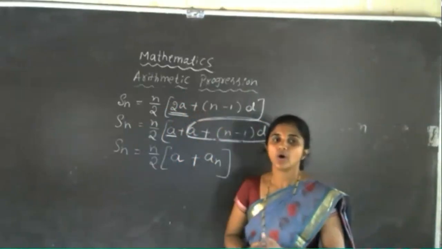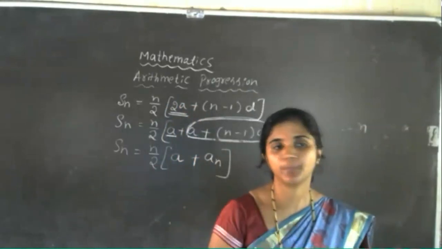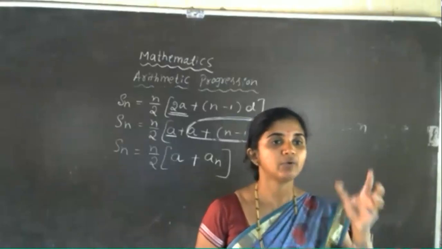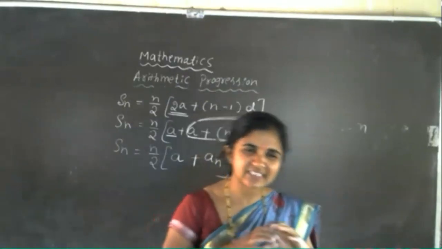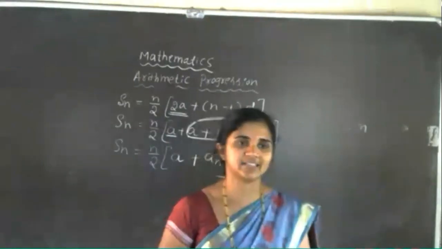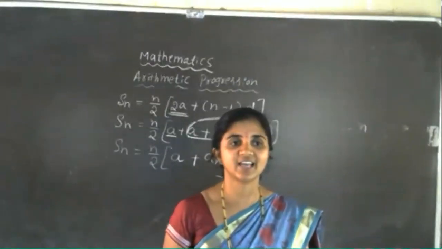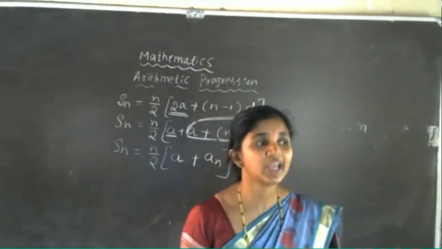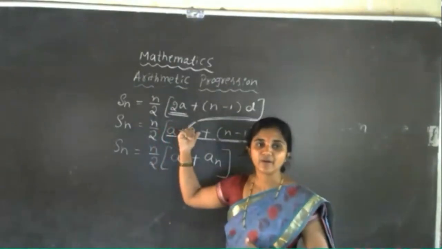So now, today's homework: I'll send the example problem photocopy to you. You have to glance at the example problems and copy them in your fair notes. It is a very simple question, and you can try to solve the first and second mains of the third exercise, the last exercise of the arithmetic progression chapter, related to the sum of n terms of an AP. All the questions are simple. Try to work out the first and second mains using these formulas.